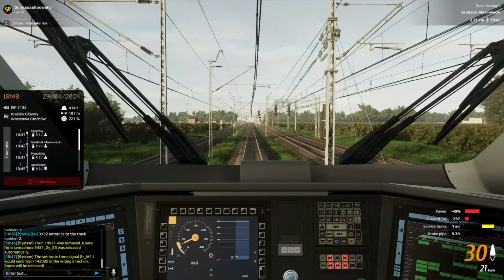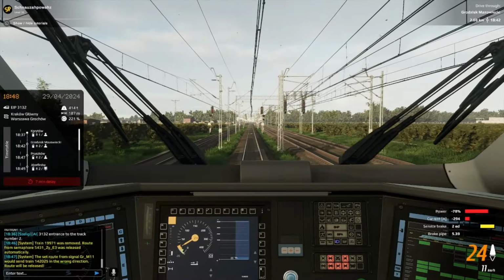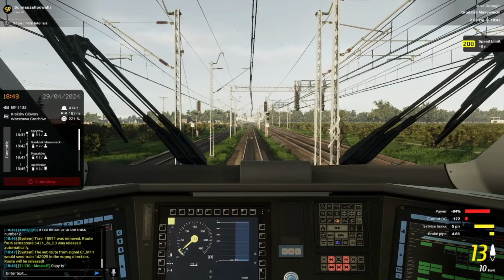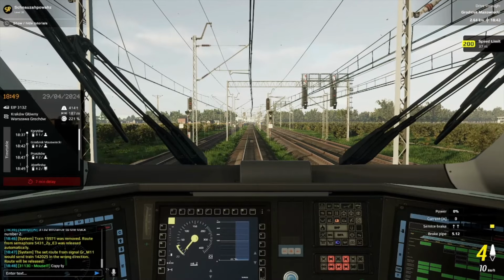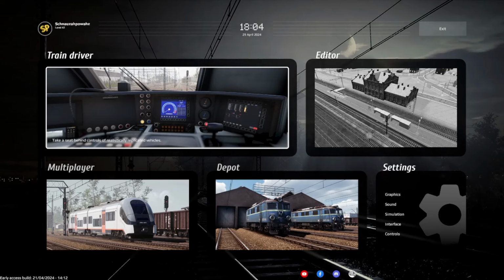Let's see, I don't quite remember. Yeah, I think I continue to not brake how it wants. But it's basically stopping me at the red signal. So it literally will not allow you to pass a red signal when you are in ETCS. Alright then, folks, we are now